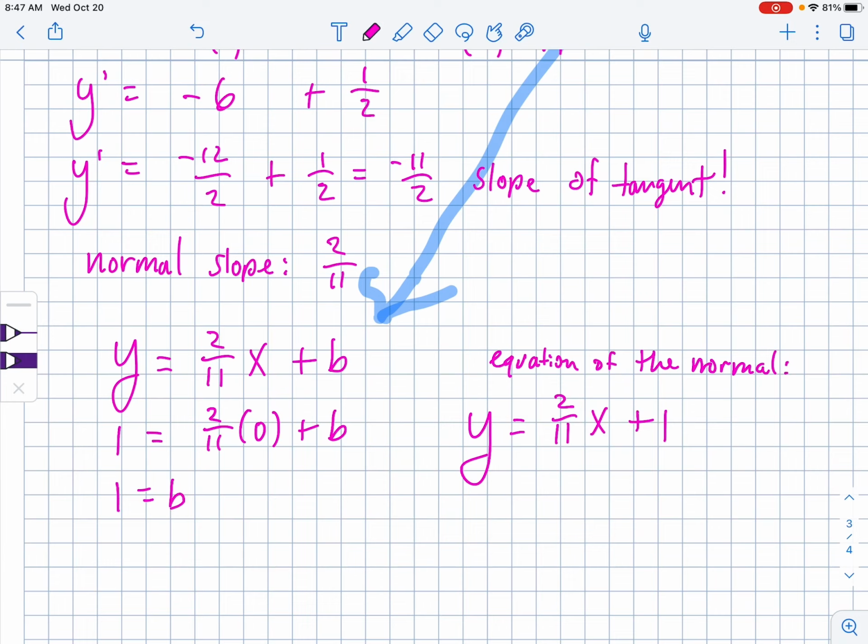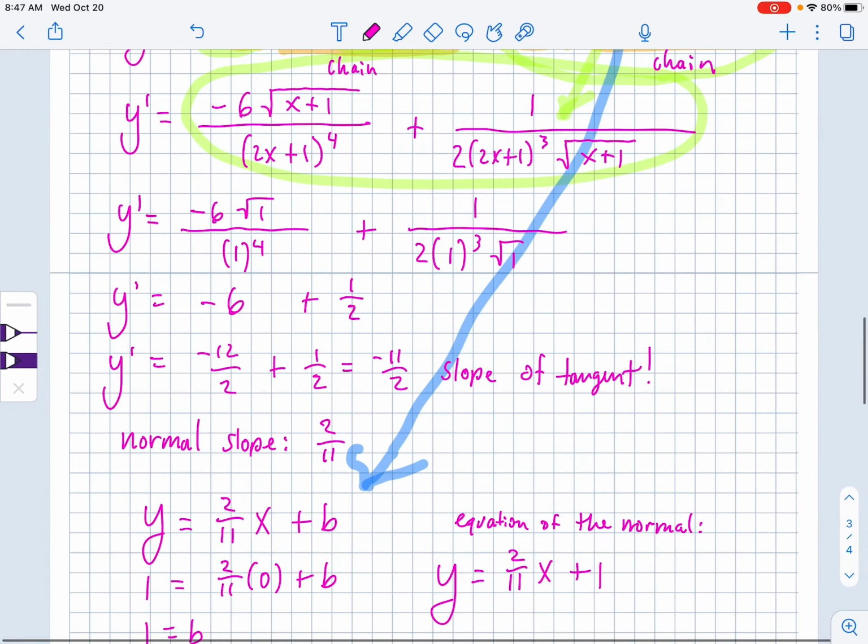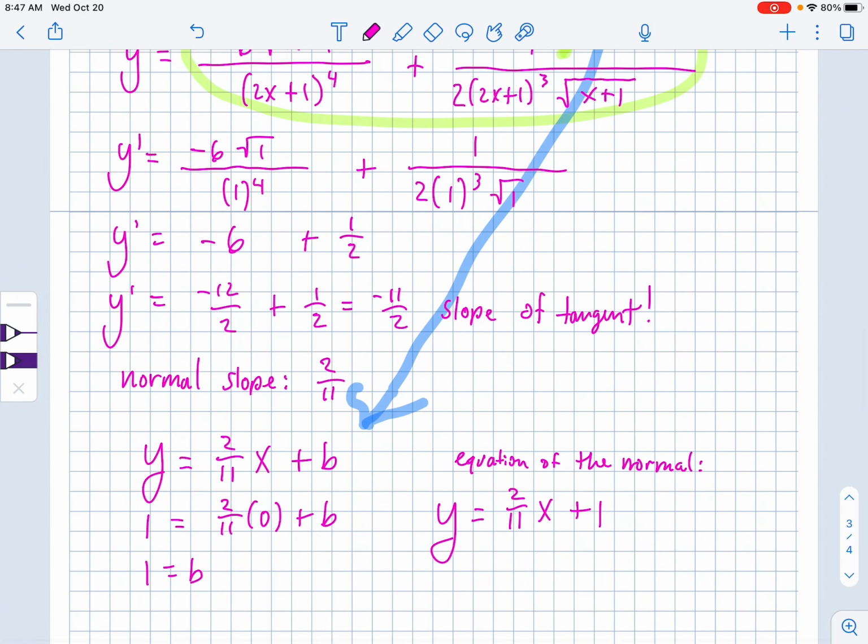This is the equation of the normal at the point (0, 1). Okay, you guys, that's all I got for us today. So now we have, in our derivative toolbox, the power rule, which we've done a million times now, and we have the quotient, no, excuse me, not